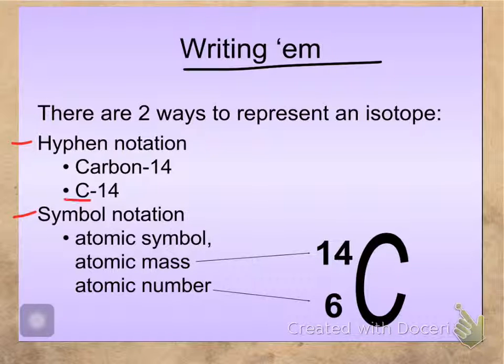Now, don't get confused, because we can also do a sort of shorthand hyphen notation and use the symbol with a hyphen, but that's still hyphen notation. So, how would you write? We're going to practice writing some isotopes, but first I want to talk with you a little bit about this